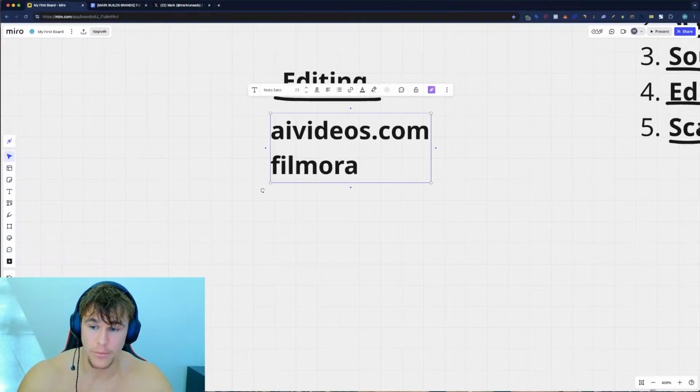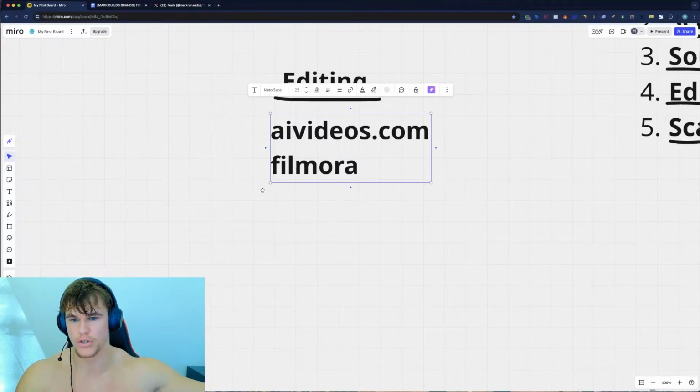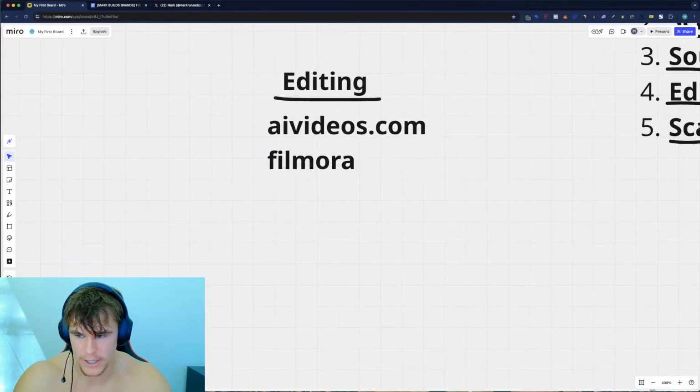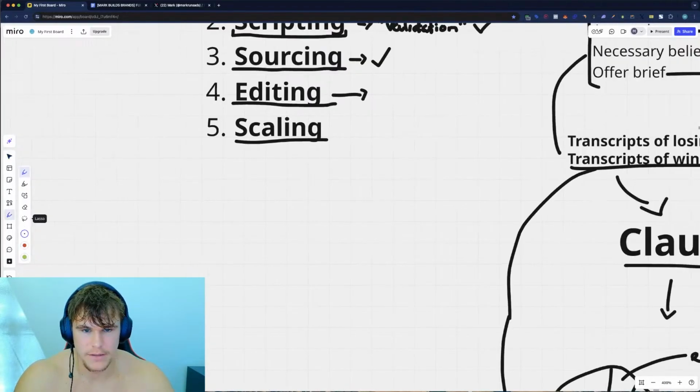Just use them yourself. Filmora has a really cool feature where you can take a really shitty clip that looks like it was shot on a potato and turn it into 4K Ultra HD, and you can't even tell the difference. So those are two tools you could use to put it all together. This is still the step in the process where I don't think AI has fully developed to the point where it can be 100% automated. That's basically the whole process.